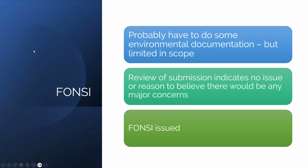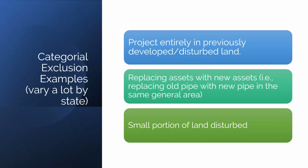So if you submit your EID and you get a FONSI, you may have to submit some environmental documentation that would be pretty limited in scope. And then you may have a review, but the point here is that they're not finding any significant impact. So there's probably not too many next steps. The next category can be similar to a FONSI and sometimes used somewhat interchangeably within the states, but a categorical